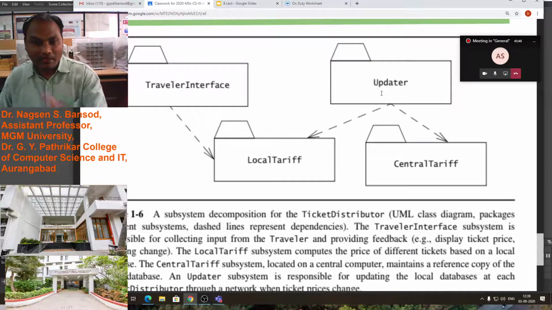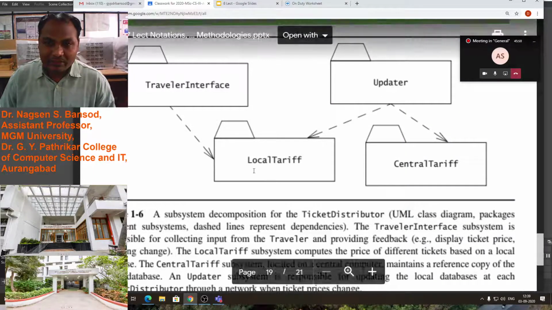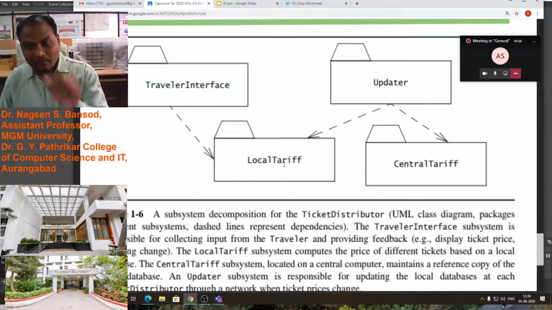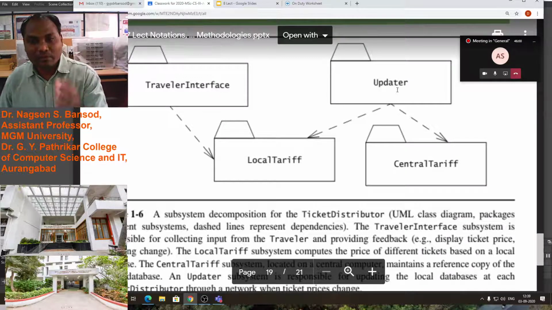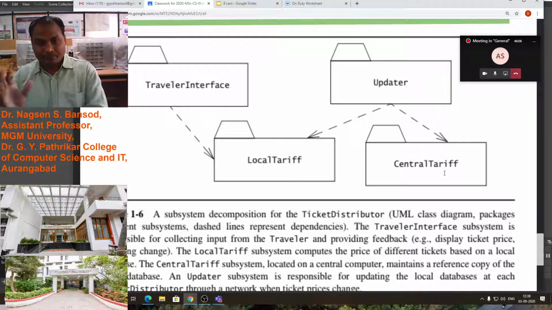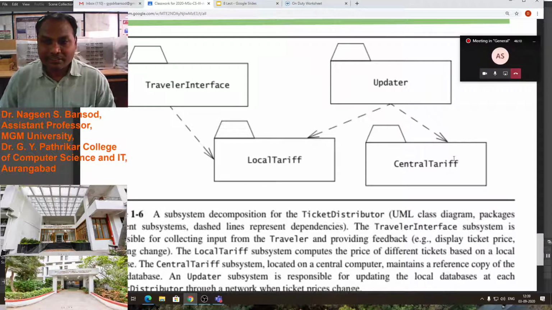With the help of the updater, it will send our record. What will be sent here? The zone and the money which is inserted into the machine will be sent to the updater, and the updater will send that record to the central tariff, the central processing station.